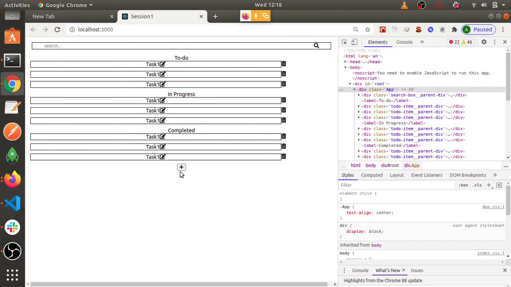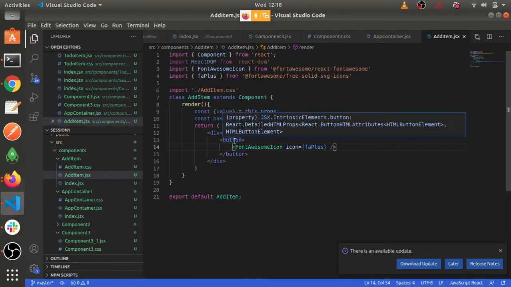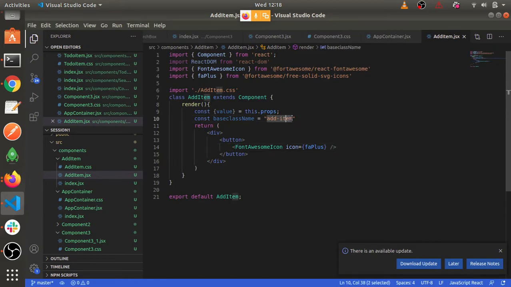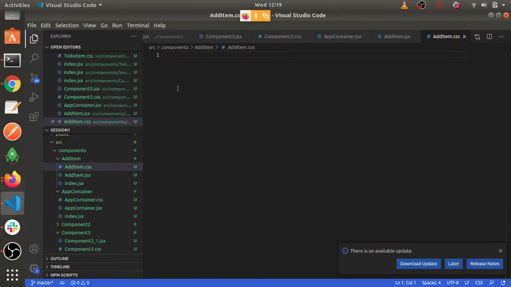You can see this is plus sign, which has already come. Now I'll make it round. The button should look round, right? So again, the base class name, I'll give some CSS and it will be done. So it is class name $sign this, and let's call it plus icon. Why have I wrapped it inside a button? Because this FA font awesome icon doesn't have any on click action, so it's very necessary we wrap it inside some tag which will have this property, right?